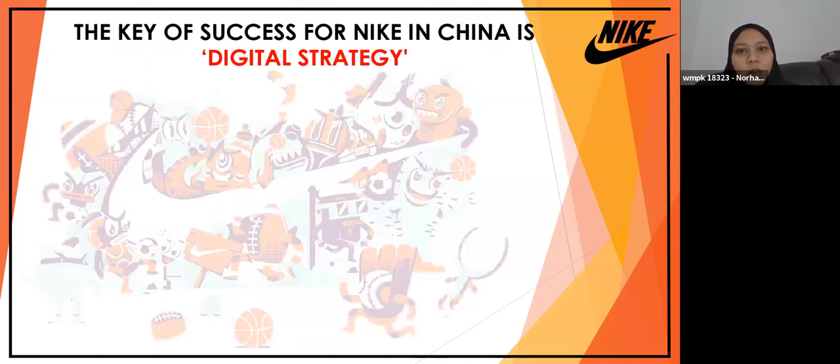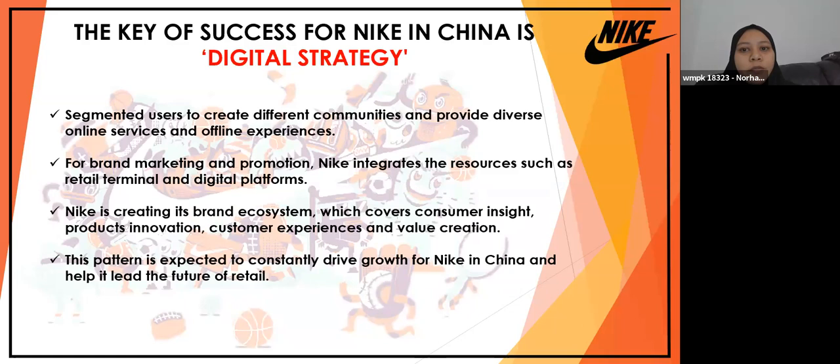So the key to success for Nike in China is its digital strategy. First, they segment the users to create different communities and provide diverse online services and offline experiences. So instead of only having offline stores, they also expanded a lot in digitalization, not only focusing on their own website platform, but also liaising with a lot of China's famous marketing companies and also WeChat to ensure that their platform is